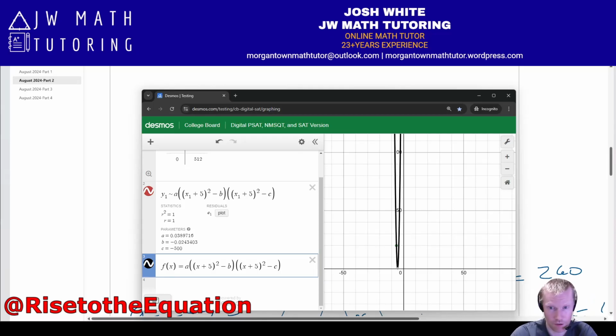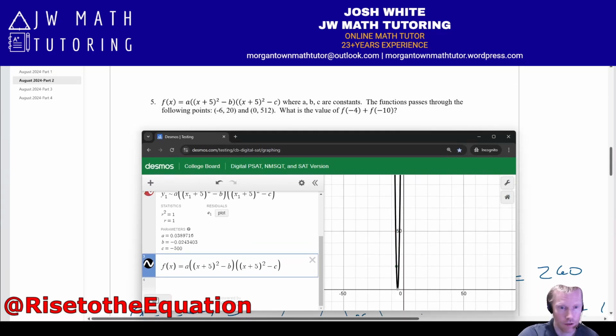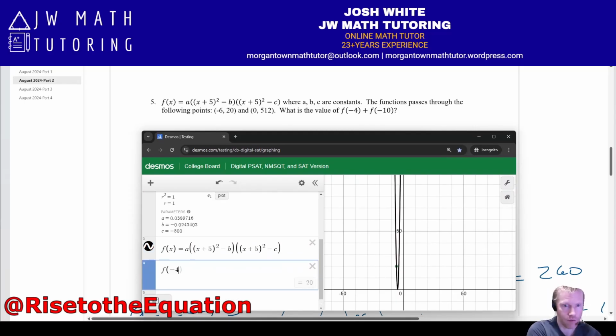Notice I typed it correctly because they completely overlap. In other words, I turn this off. Oh, there's the original. I turn this off. Nothing changes. So that's good. All right, and then now I can just do the f of -4